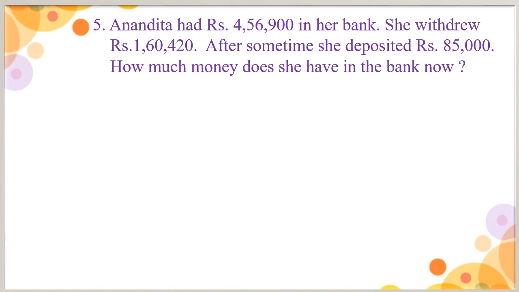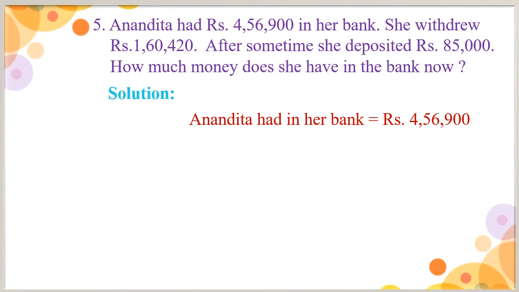Anandita had rupees 4,56,900 in her bank. She withdrew rupees 1,60,420. After some time she deposited rupees 85,000. How much money does she have in the bank now? Anandita had in her bank rupees 4,56,900. She withdrew how many rupees? That is